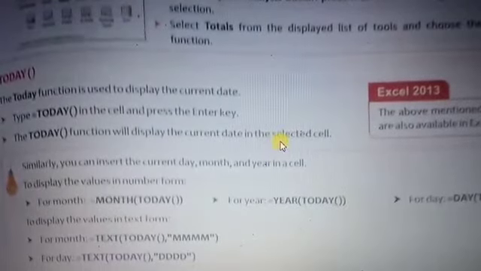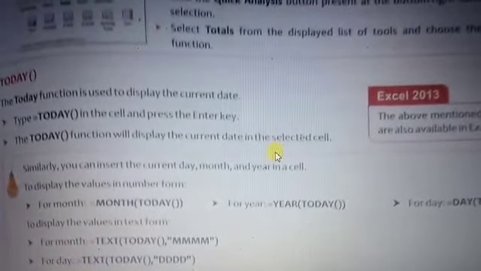Next is the average function. The average function finds the average value of the given list of values. You already know that by using the equal sign we can perform calculations on the Excel sheet. There are also date and time functions, but in a calculative manner we can perform practical scenarios of both functions like auto sum and average function. I have opened an Excel sheet.